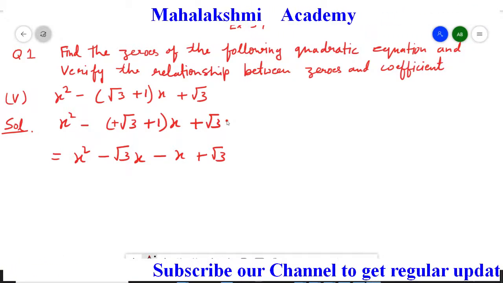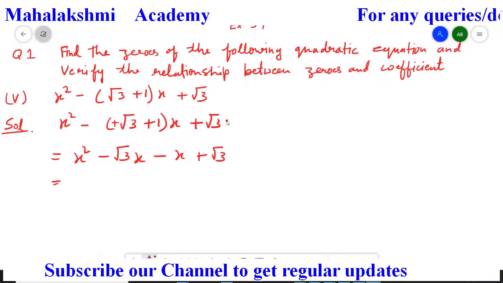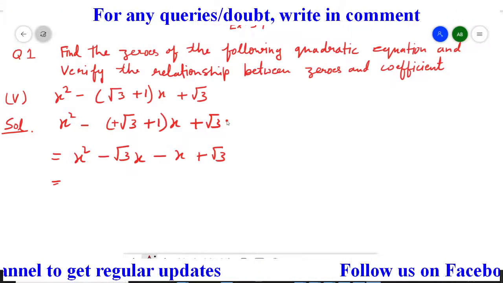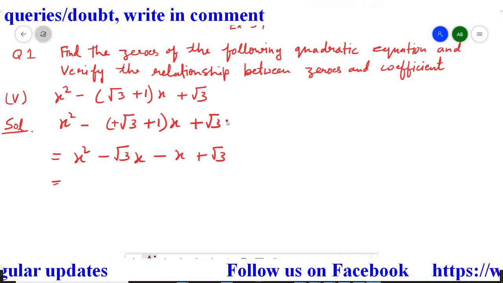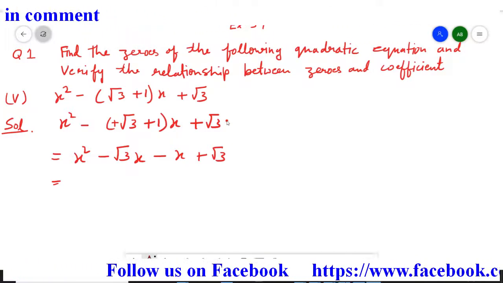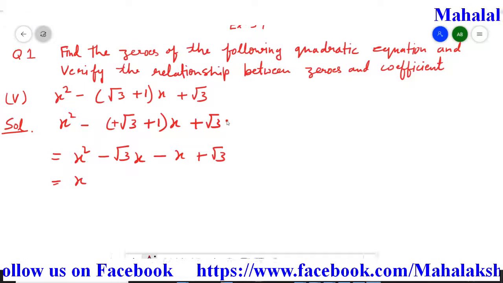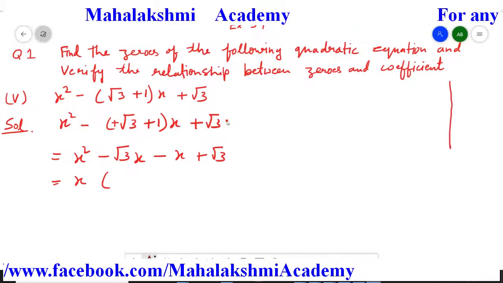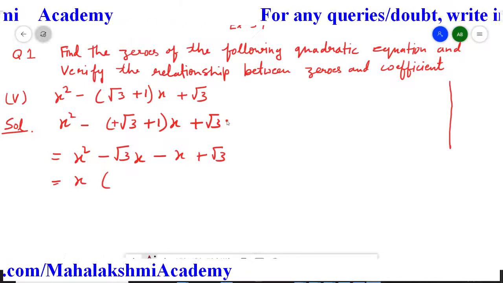Now this is going to be the first pair. Now from this first pair we have to take common. Common means which factor is present in both. So we can see x is present in both. So we will take x common. And now what is left here? For that you just divide. From x square we took x common, so what is left is x square divided by x, which gives x.